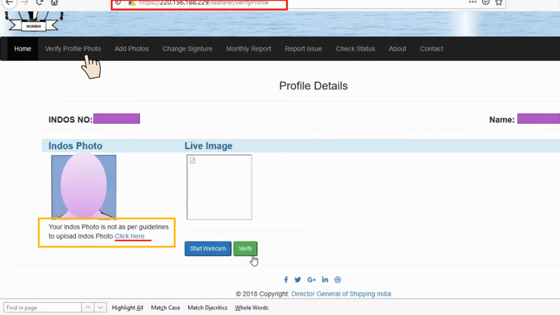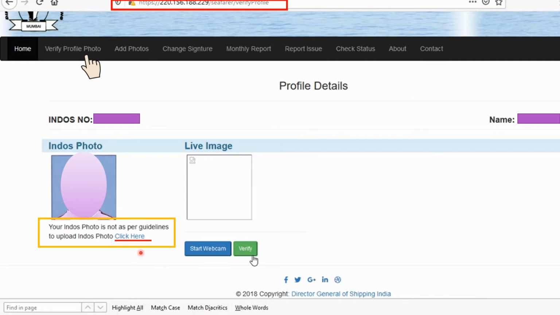Once you open this particular web link, you can see it over here. This web link address is provided in the order itself, 7 of 2021. By going through it, you can open and log in. You have to use the same login and password which you use in the e-governance profile. Over here, you see your photograph, the Indos photograph. In this particular case, the photograph is not meeting the guidelines, as you can see over here, and the reasons you may all understand. The guidelines mention it, the background.